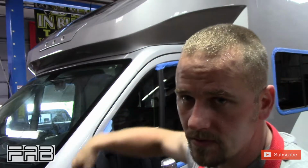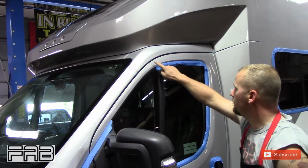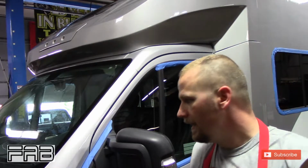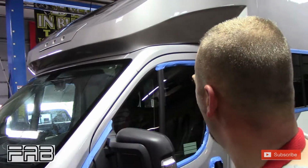I've had people comment and ask me how I do like A pillars and B pillars, how I do them. And first off, anytime you get up here where you get plastic trim, tape off. Take the time to tape off. It took me 20 minutes to tape off this whole camper. If I didn't tape off and I get a bunch of polish or wax on that trim, it's gonna take me an hour just to get stuff scrubbed off. It's worth the extra 20 minutes to